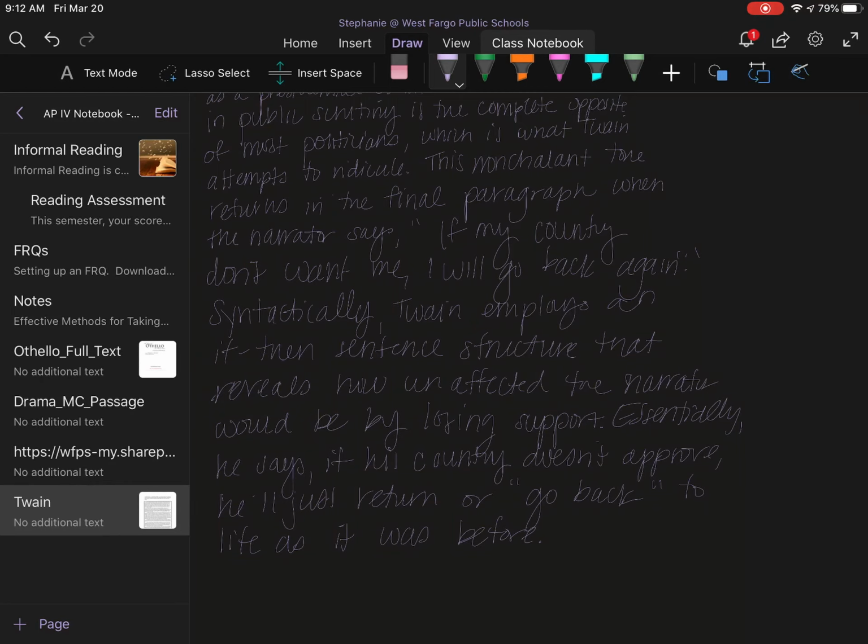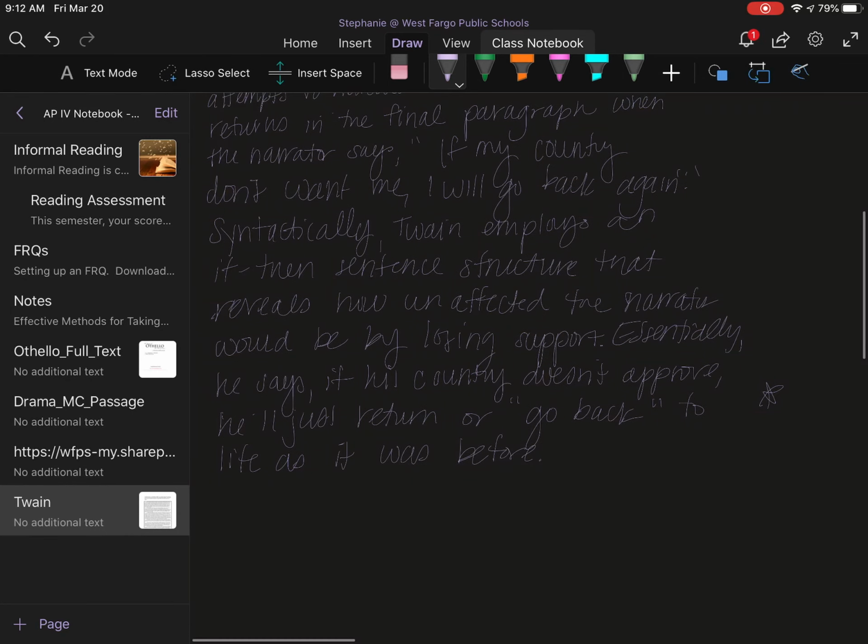So when we've talked about tone in the past, it's been really important that we talk very specifically about where in the language I'm seeing that tone happen. So this sentence was just to clarify that I'm referring to that idea that he's just going to go back. And that particular idea in that syntax is what I'm referring to when I'm talking about how nonchalant he is. Okay? Again,